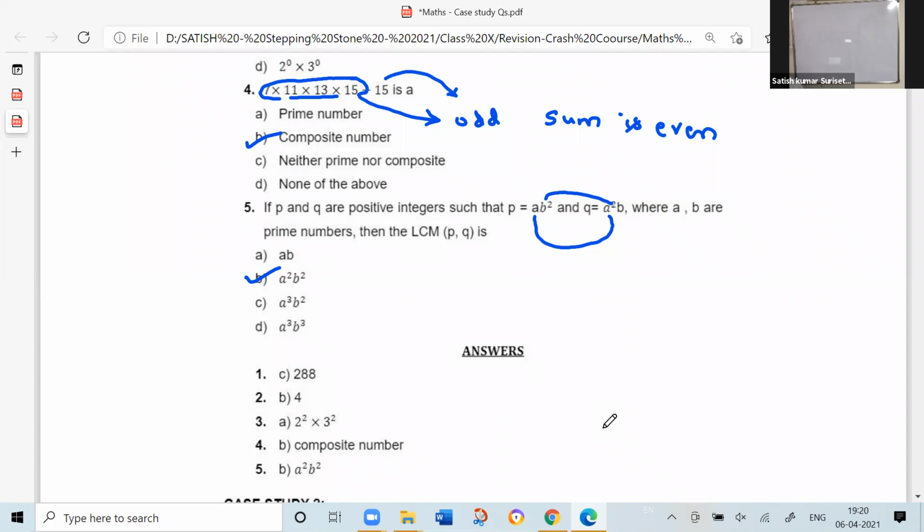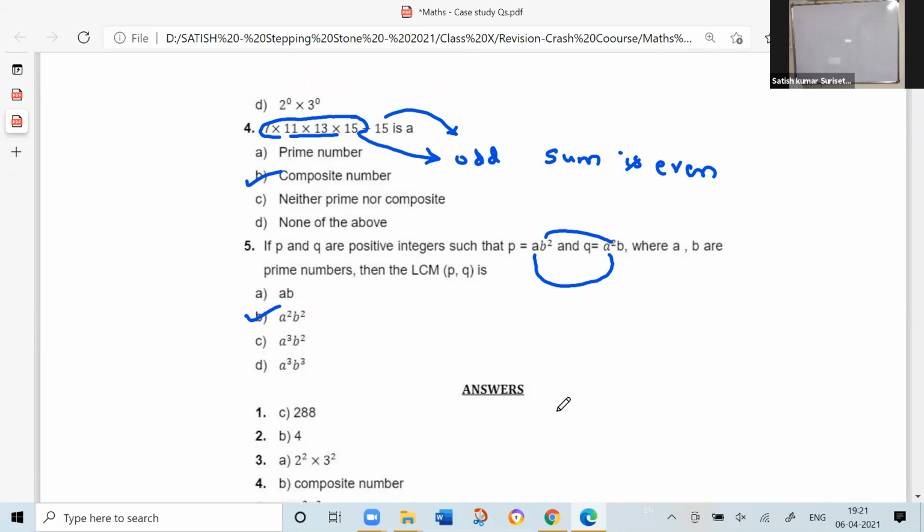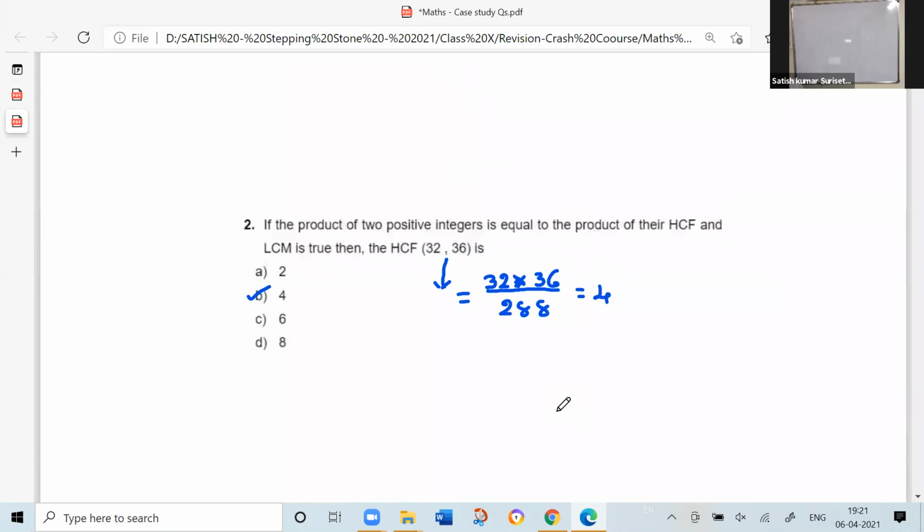Okay. 4 correctly anybody has done? Sir, I have done it all correctly. Okay, good. Any question you want to have explanation further again in these 5 questions? In these questions, any problem you want to have discussion?